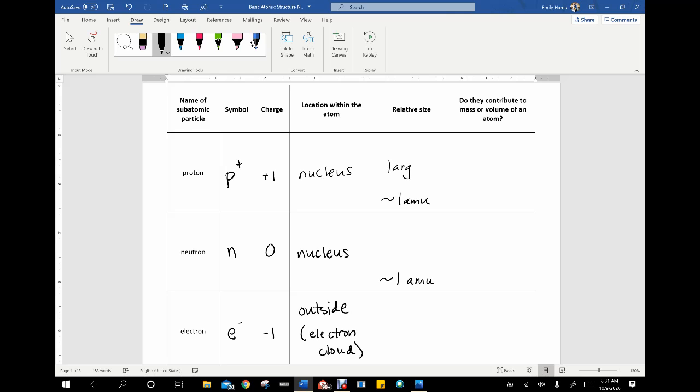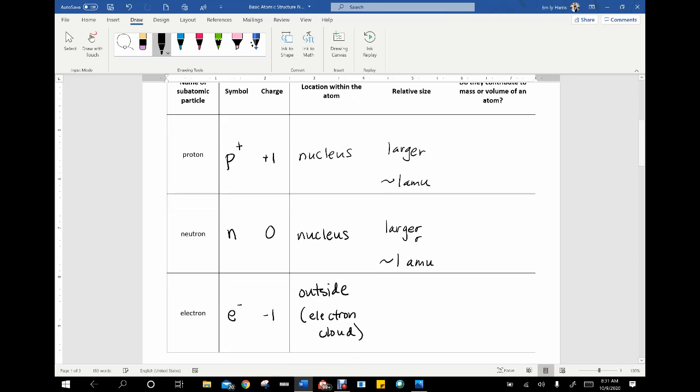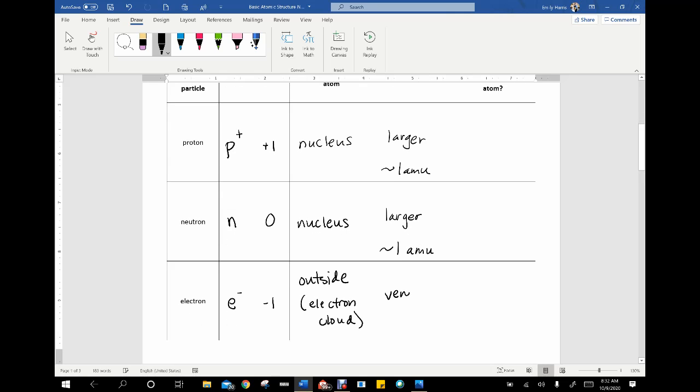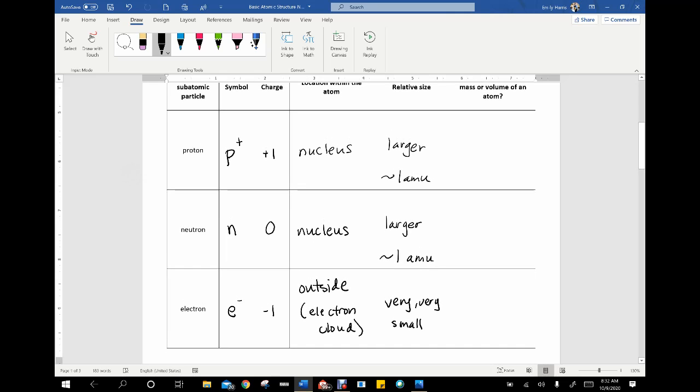So out of the three particles, the protons and neutrons are larger. Now electrons are just very, very small. So small that their mass becomes insignificant when compared to the mass of the protons and neutrons. And so we're actually going to find that when an atom's mass number is calculated, it's going to be based on the protons and neutrons, because the electrons are so small that adding in their mass wouldn't make a big